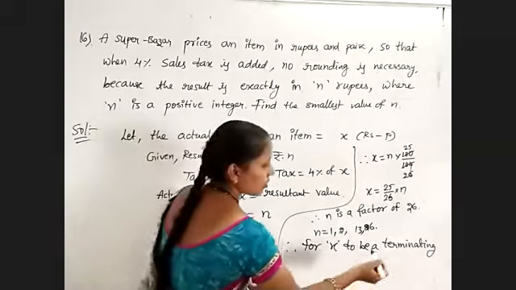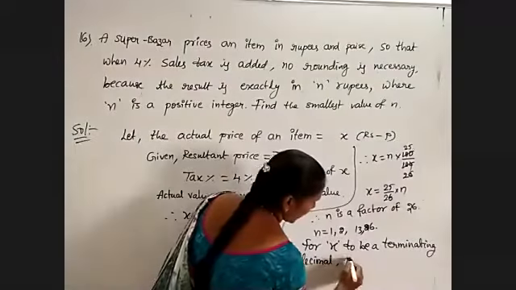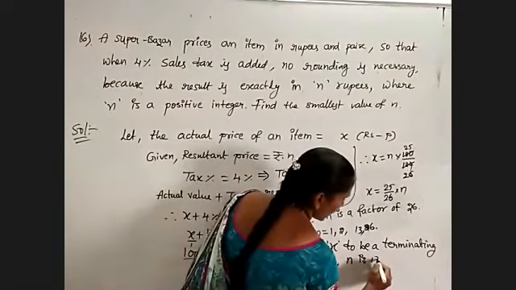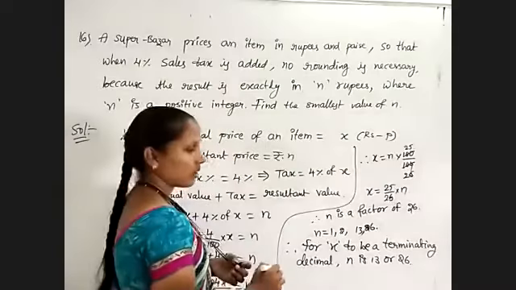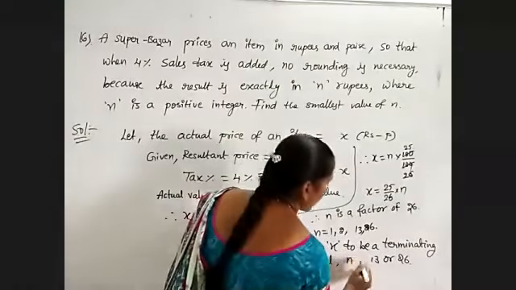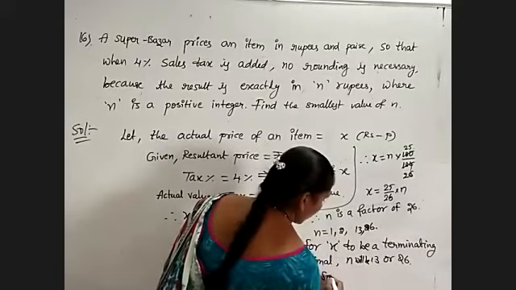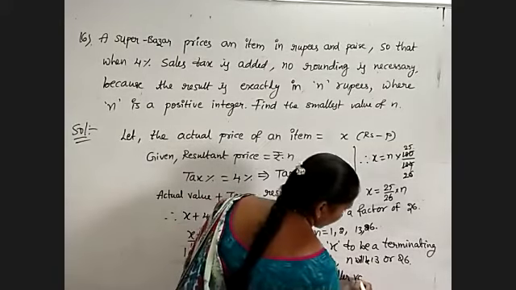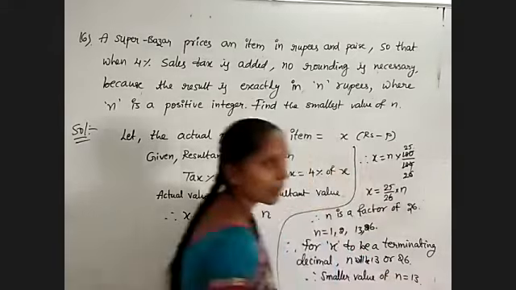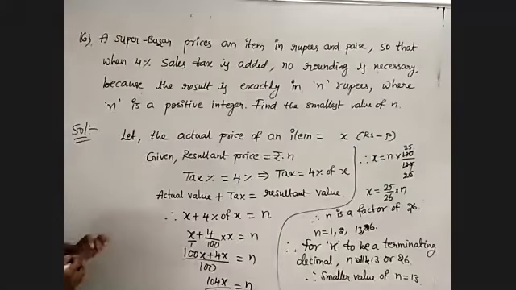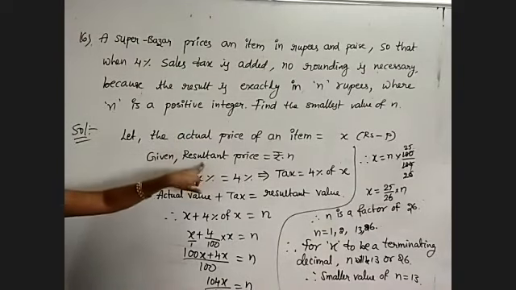So for x to be a terminating decimal, n is 13 or 26 we have to select. Okay, n will be 13 or 26. Therefore, the smaller value of n is equal to 13. Okay. Once again, observe they are given that the actual price is in rupees and paisa and the resultant price is